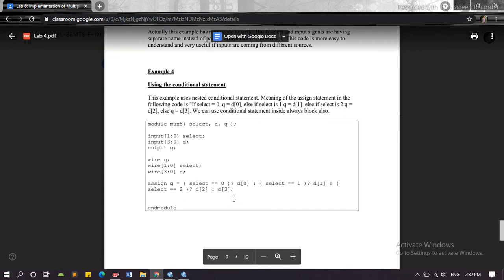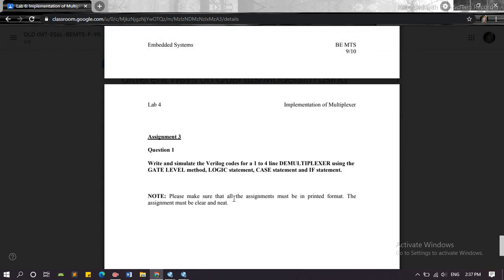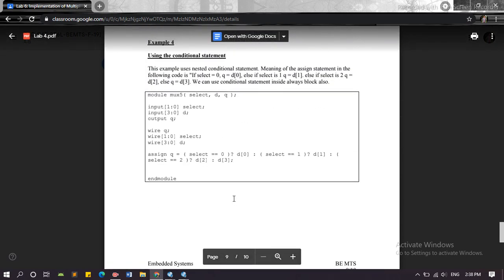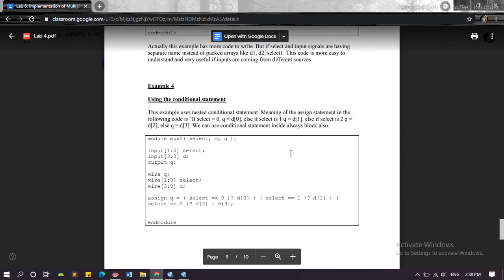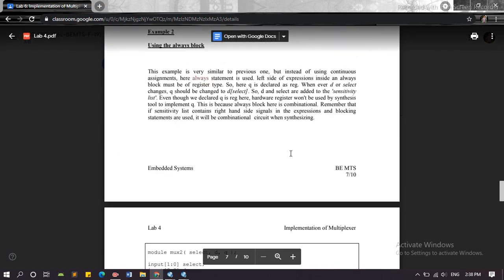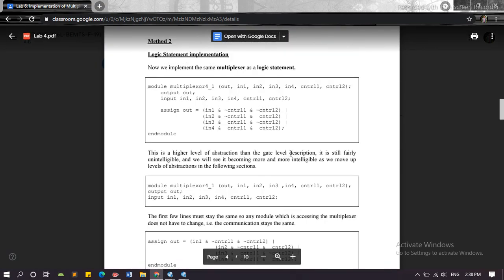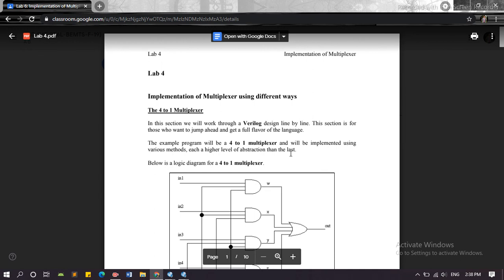So all the methods end here. These are all the methods to implement the one circuit in different ways. We defined the implementation of the multiplexer using different ways. So that's all for